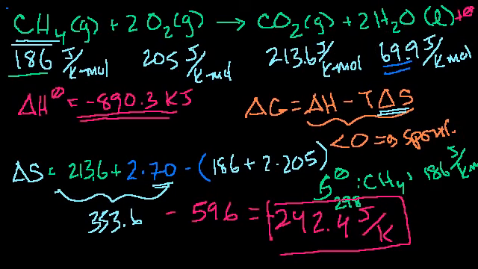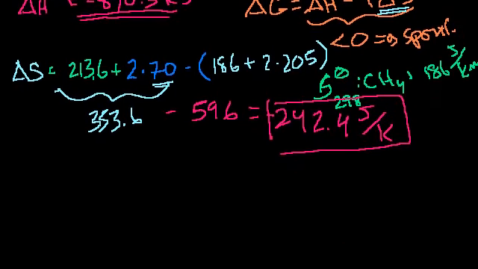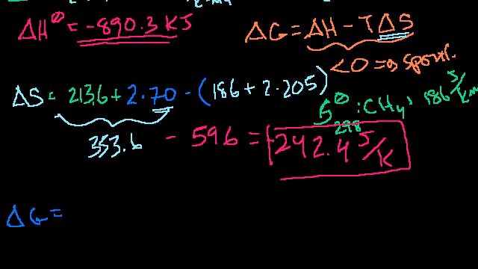But let's figure out whether this reaction is spontaneous. So our delta G is equal to our delta H. We're releasing energy, so it's minus 890. I'll just get rid of the decimals. We don't have to be that precise. Minus our temperature. We're assuming that we're at room temperature, at 298 Kelvin. I should get in the habit of not saying degrees when I say Kelvin, which is 25 degrees Celsius, times